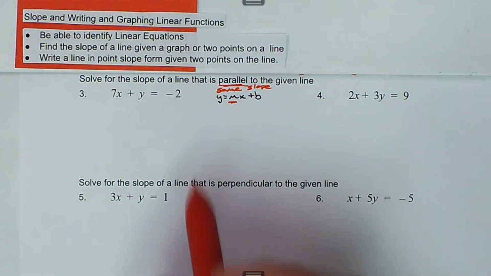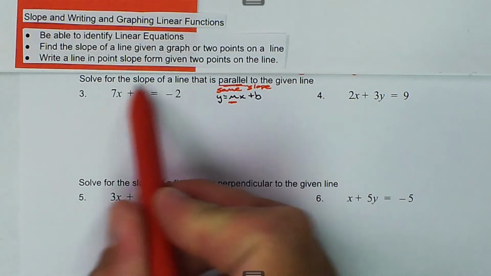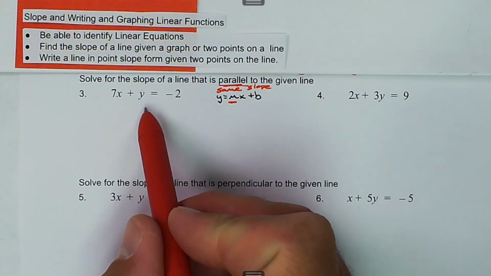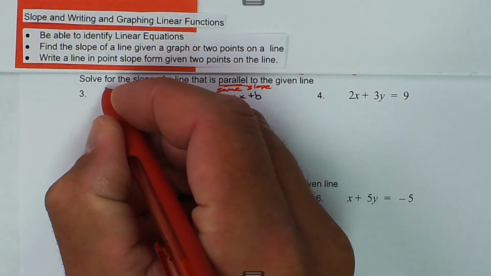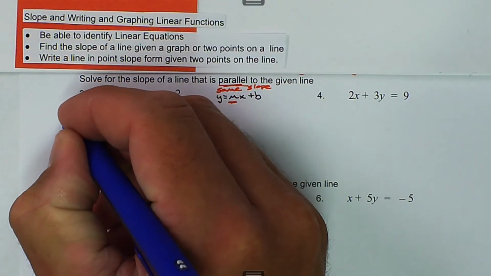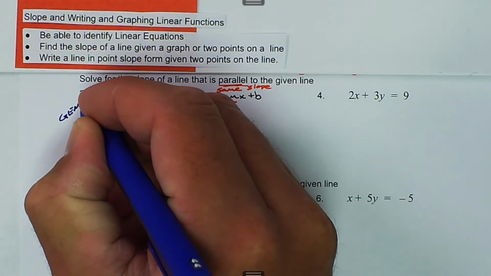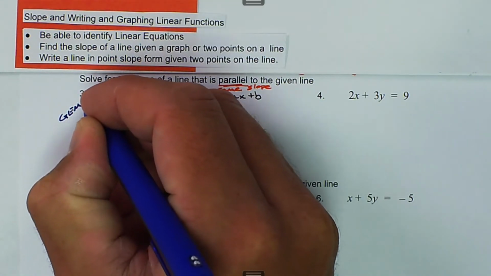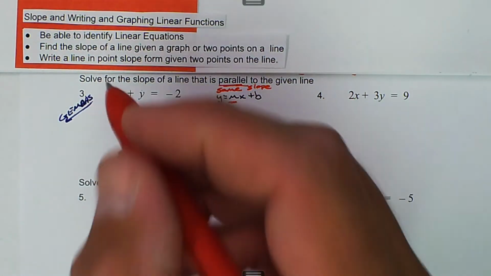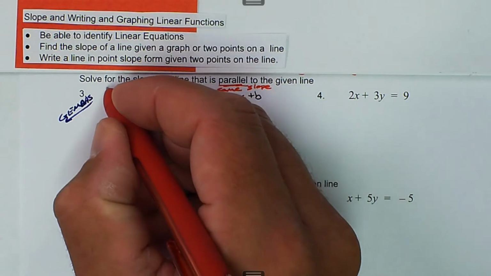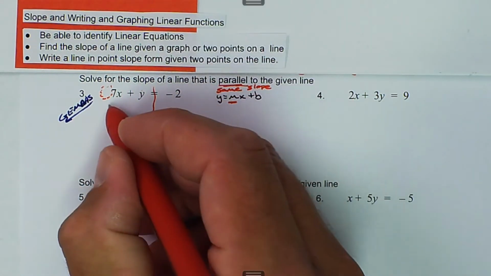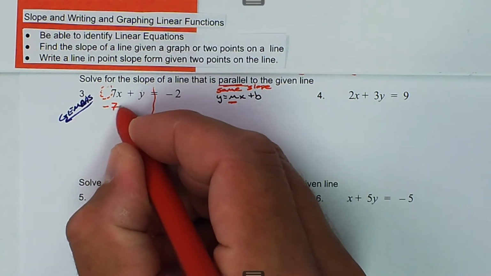So we're looking for m. We're looking for the m of this equation. So we need to get y by itself. So we're still going to use GEMDES, and we're going to start with addition and subtraction and work our way to groups. So here we have a positive 7x. So in order to get rid of a positive 7x, we have to subtract